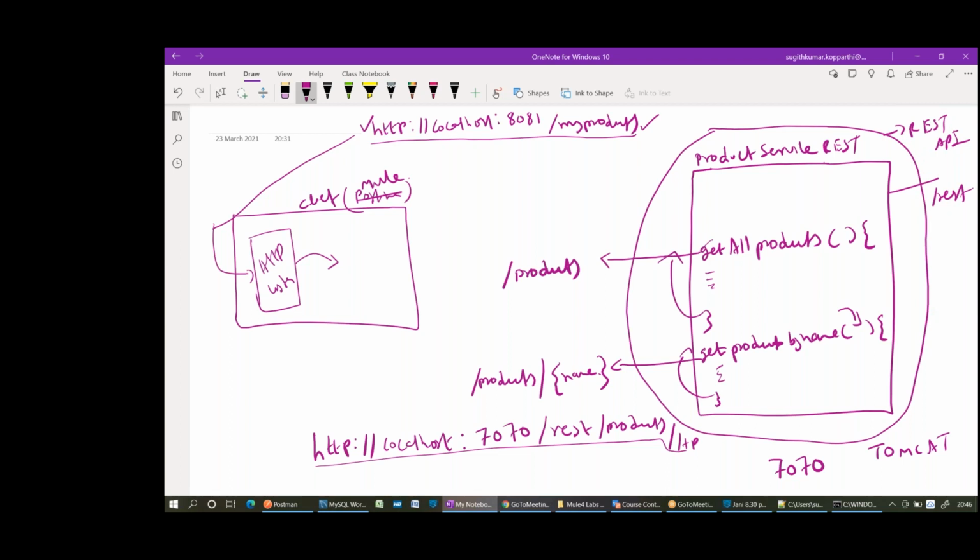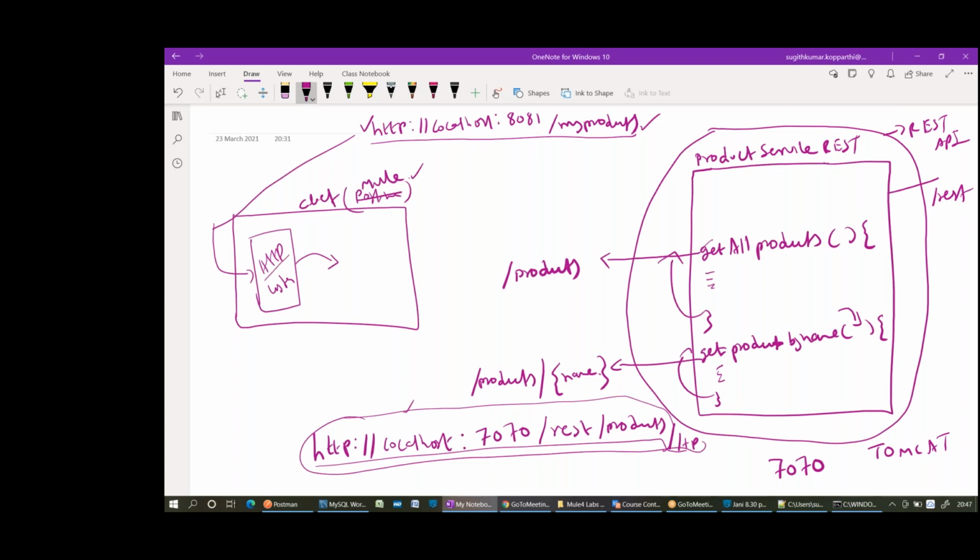Whenever my client gives this request, I want to consume get all products present in the product service REST application. So what is the component, what is the connector I can use in order to request this URL? My third party application is expecting this URL in order to consume get all products. So how can I send this request to the third party application by using my Mule application?